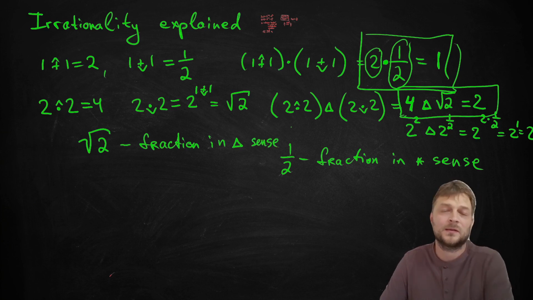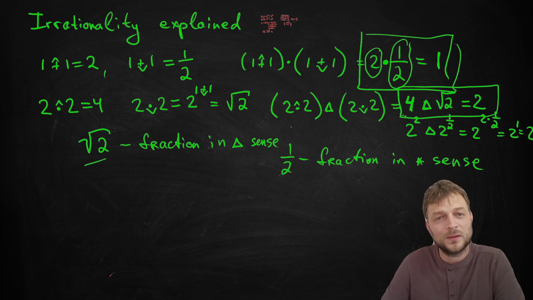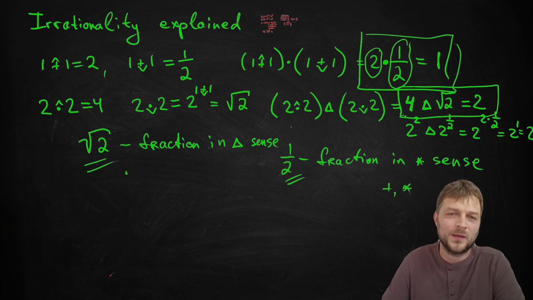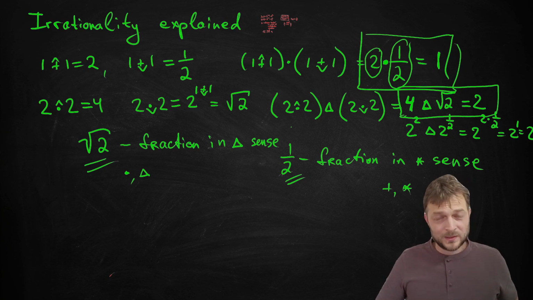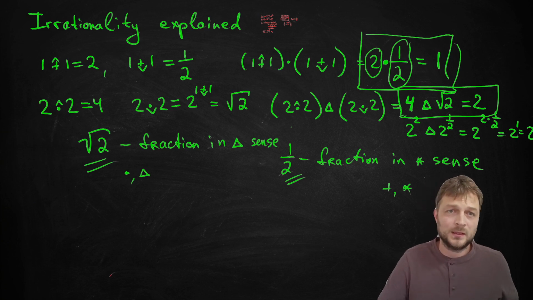So these are two similar things, but one is for pair plus multiply, and this is for pair, multiply, and triangle. Okay, that's a new way to think about irrational numbers, and now let's move on to